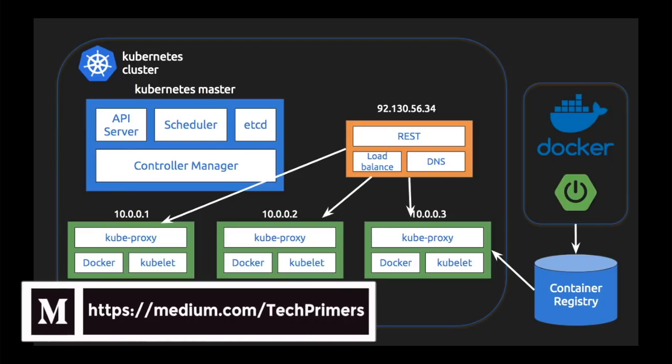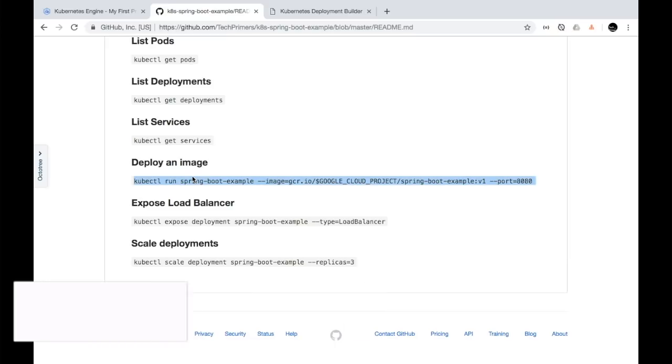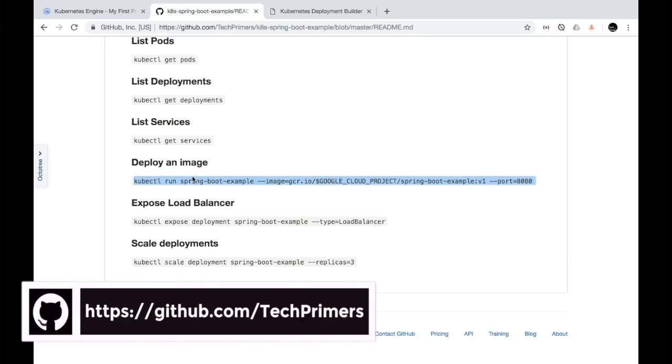In the last video, we saw how to deploy a Spring Boot application inside the Kubernetes cluster. However, if you notice, we had done that using some command line arguments. We did not leverage the complete flexibility of the platform. So we wanted to create a YAML file in order to deploy our applications, deployments, create services, and then